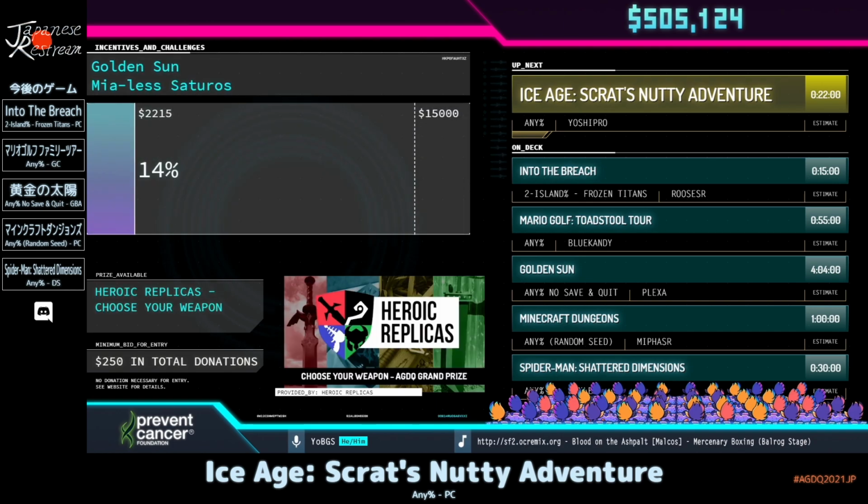All right, and welcome back, everyone, to Awesome Games Done Quick 2021 online. We're getting set up for Ice Age, and we have a $50 donation